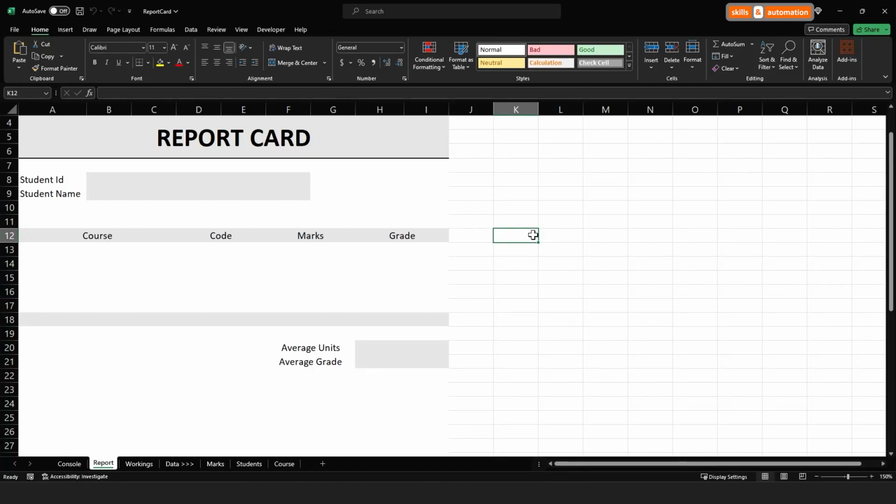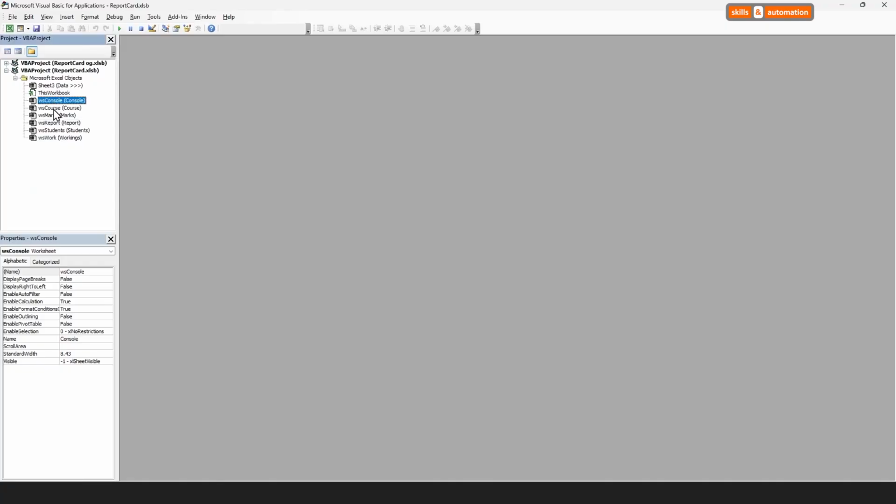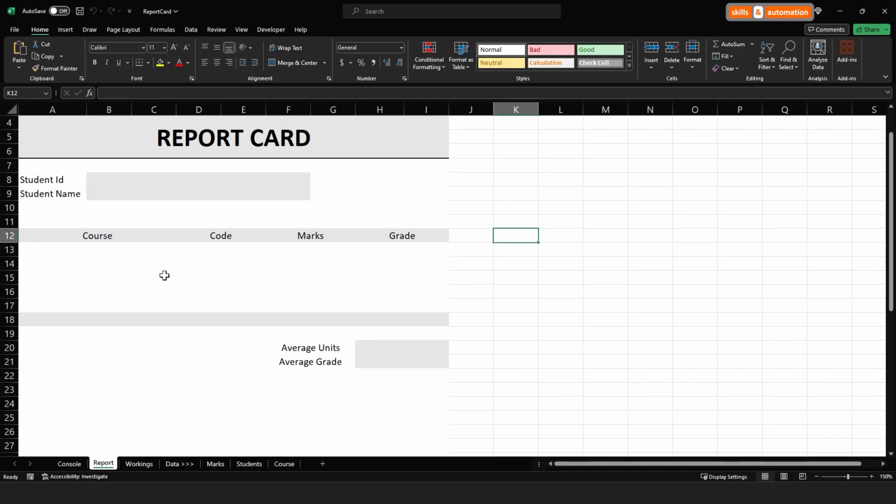Let's go to the VB editor. We'll be referring to the worksheets using the worksheet code names, and these can be set in the properties window down here below. The first thing to do will be to clear out any data from a previous run of